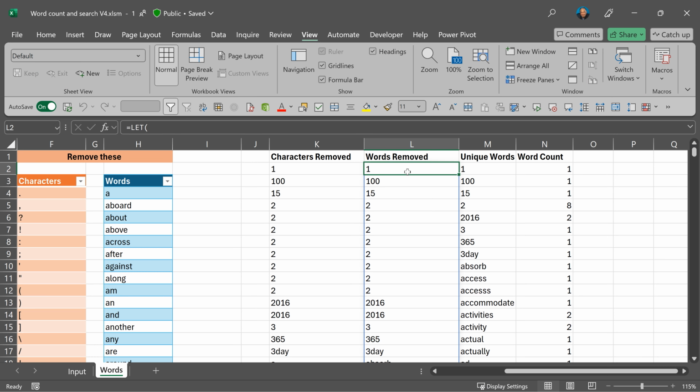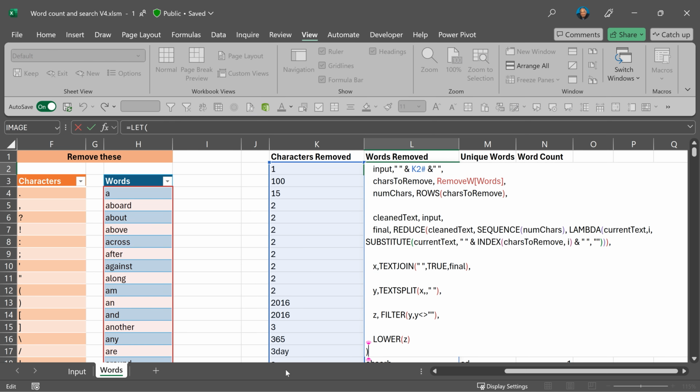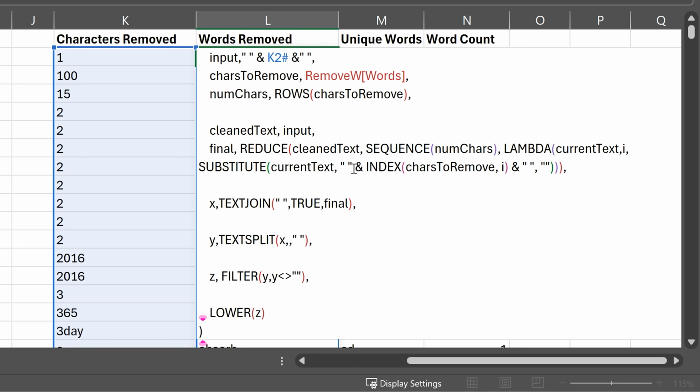So what I did is I created another formula for removing words. The formula is very similar. It takes the input of these already filtered words and then it does exactly the same thing with one difference. Earlier, we were just removing individual characters, but now I want spaces before and after. So I put a space before and a space after.